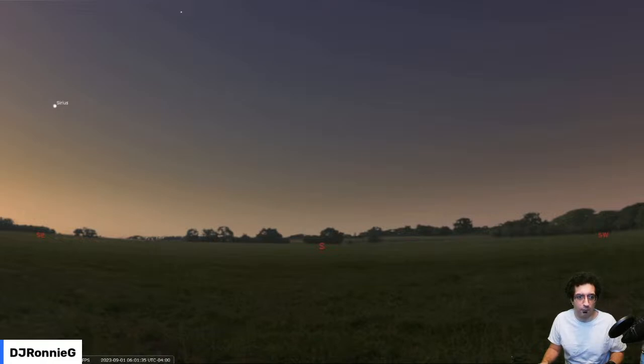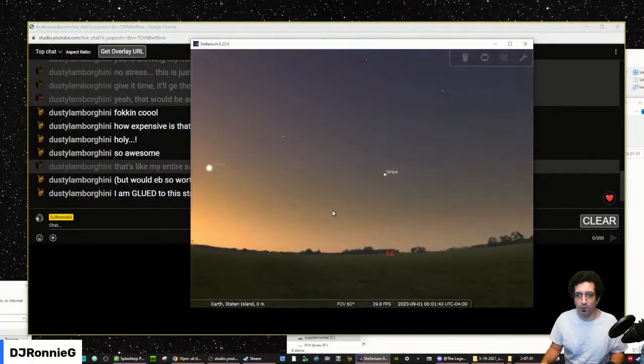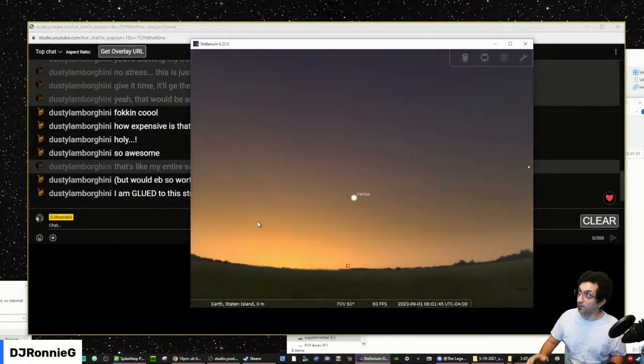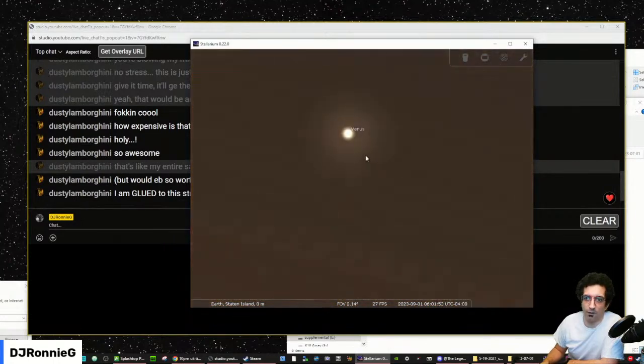I can't see my mouse pointer right now. Okay, well, now I can see it. Okay, so anyway, if we look, Venus is in my eastern sky. I see a bright star right now, and actually we could have aimed at Venus, but all we would really see is a bright circle. We wouldn't see a lot, but if I had a Barlow lens or extra magnification on the current scope,